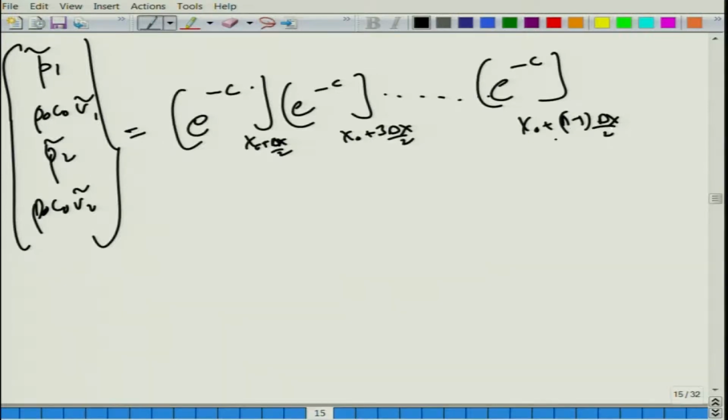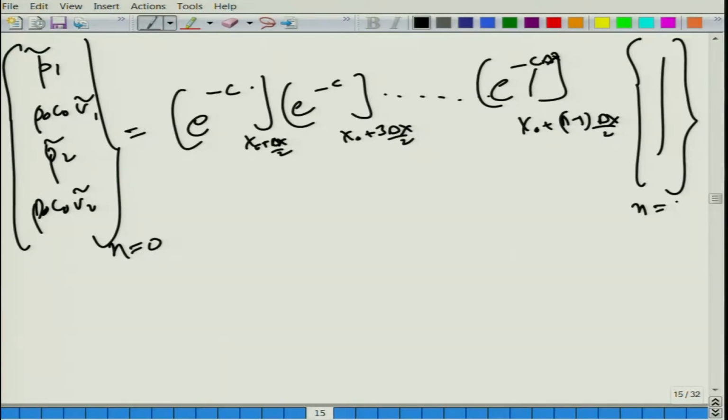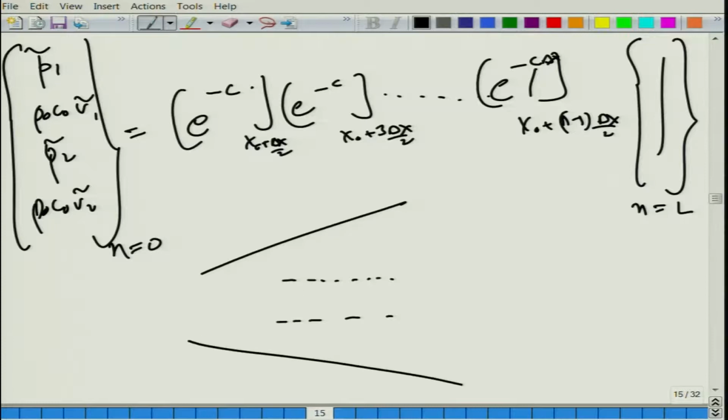This is the C matrix evaluated at that point, and finally, let us say this is at x is equal to 0, this entire thing will be at x is equal to L. So, essentially you have related things across this section to those at this section, and then it is pretty much a straightforward thing that you apply boundary conditions. So, we will demonstrate some simple MATLAB codes in which